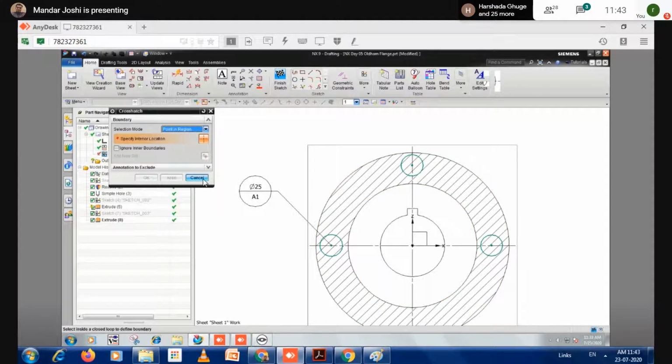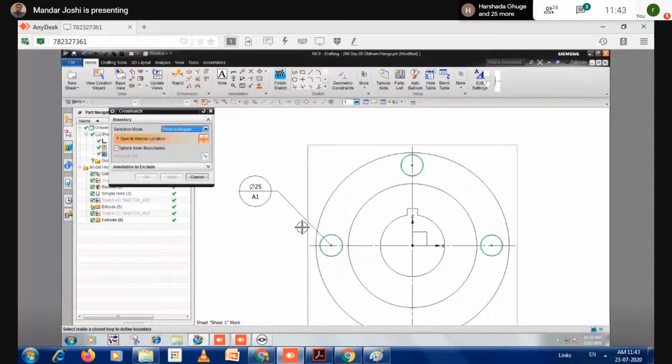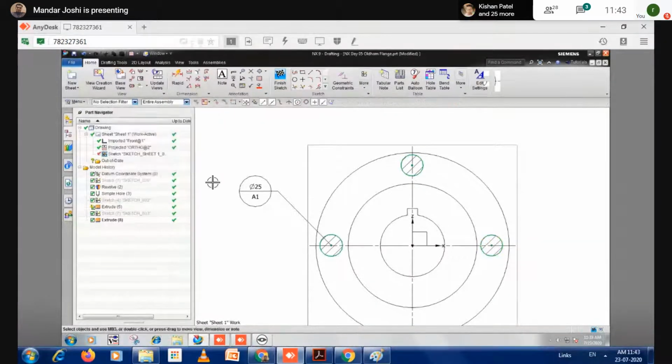Crosshatch for boundary, this boundary. Apply. Here again boundary curves. Select this. Apply. Again boundary curves. Apply. Cancel. Finish this. Now again apply the datum target, second number.